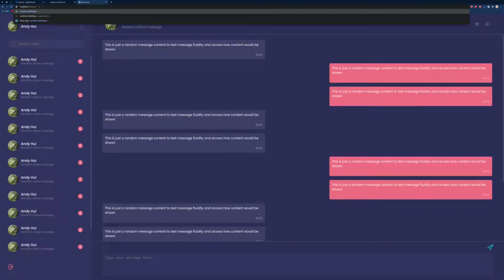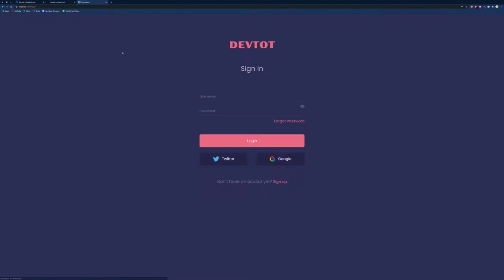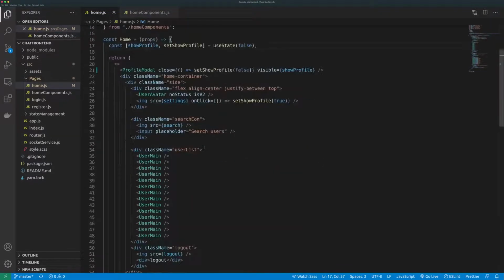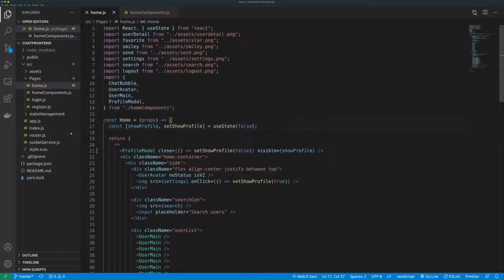So the idea actually is by default the main UI will be the entry point. However, if it tries to check if there is an authenticated user and it couldn't find, then it redirects you to the login screen. Okay, so let's jump on that and start working on that. Alright, so currently this is the entry point. This is the home screen. So what we can do is we can have a different